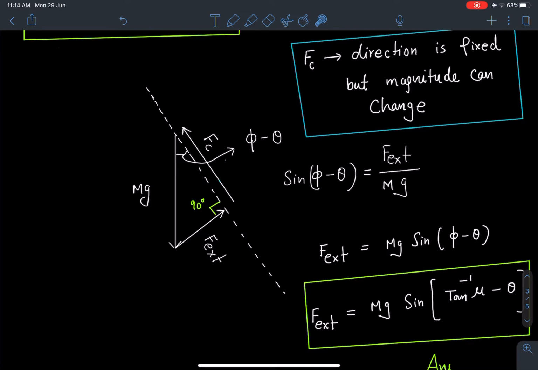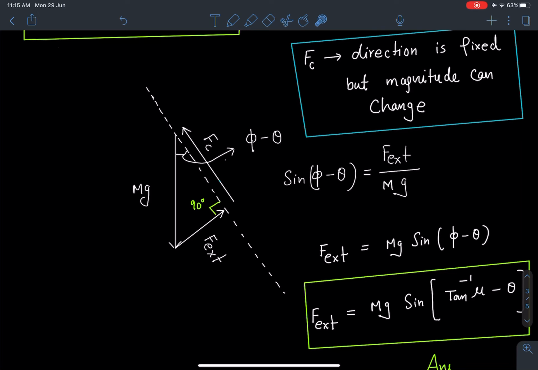Now here this mg has a fixed magnitude and direction, and we also know the direction of Fc. Fc is going to be along this line somewhere. We don't know how much this value will be, but we can clearly see that if we drop a perpendicular, that is going to be the minimum value of this external force, which we have to calculate, and the remaining part will become Fc along this line. So this problem becomes very simple. The idea here was not to use calculus, that will be a slightly lengthy method, but solving by this vector triangle logic makes it a very simple problem, and the answer comes by just a few arguments.